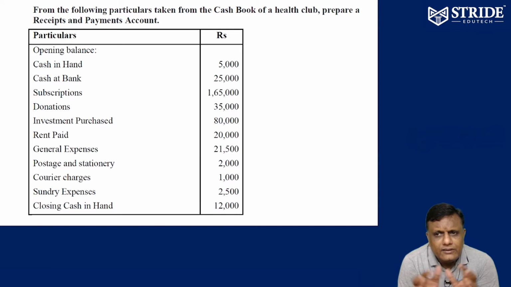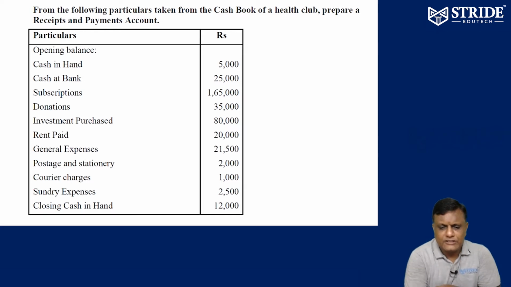Here this is a simple cash book, but from here you are going to convert it into a receipts and payments account. Now what is a receipts and payments account for a non-profit organization? Whenever money comes in, it is a receipt to be recorded. Whenever you make any payment, cash or bank going out, it should be recorded. All cash receipts and all cash payments are to be recorded, even if they belong to last year, current year, or next year. Now let's see how to prepare the receipts and payments account.